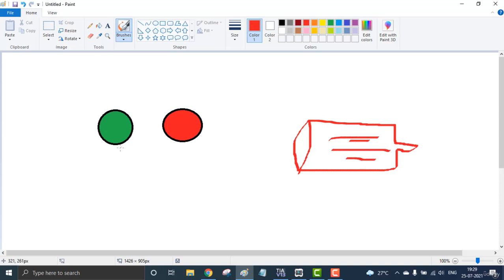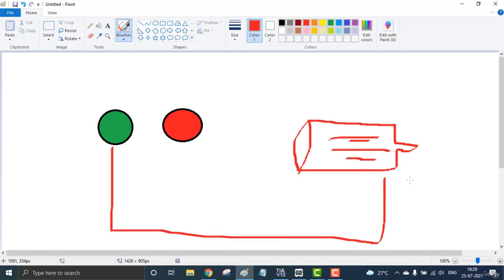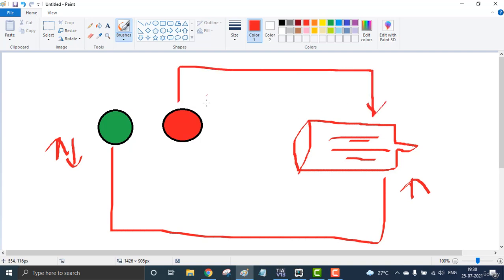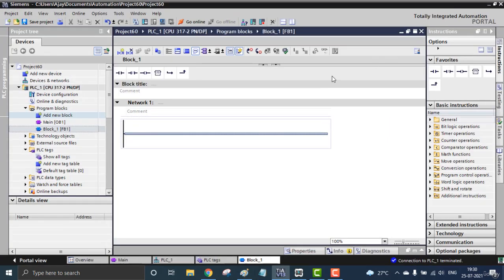The first switch is used for starting my motor, and when it is pressed and released, the motor will be working. When you press and release the stop button, the red button, we lose the output, or the motor will be stopped. So this is the DOL starter working, and we can go for creating that.